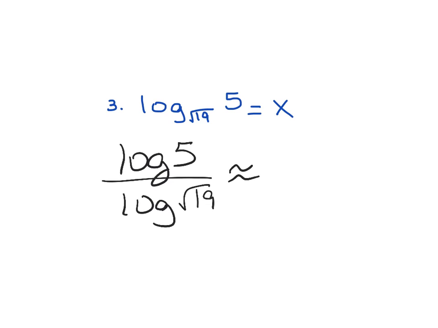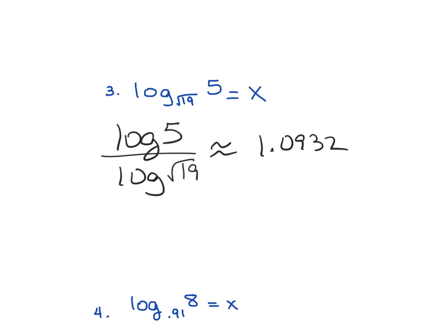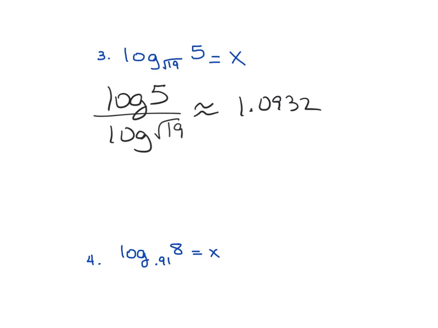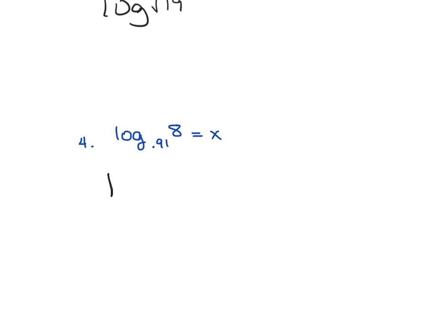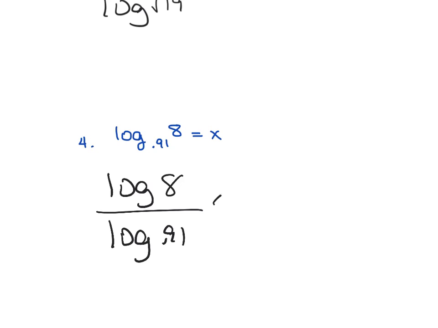But we're going to divide this, and we're going to get 1.0932. And then the last one, big font over little font, or use the math key, either way, and you should be getting negative